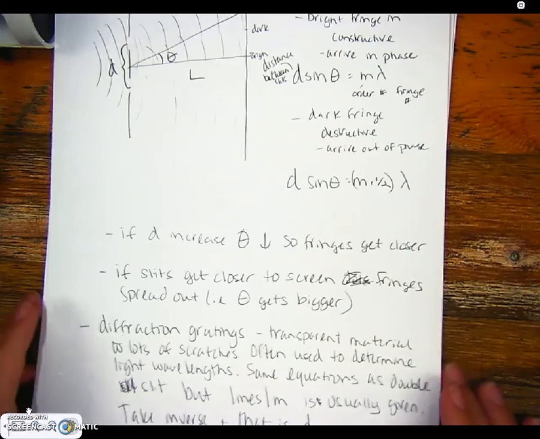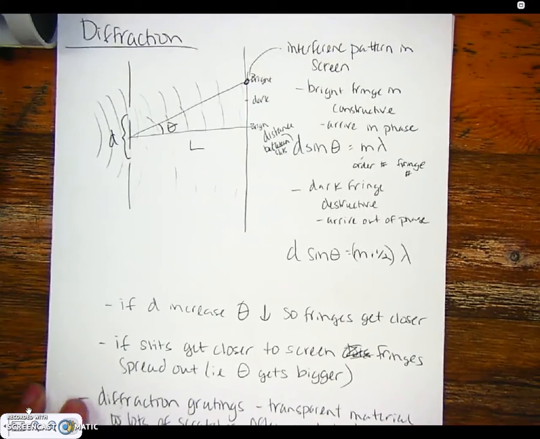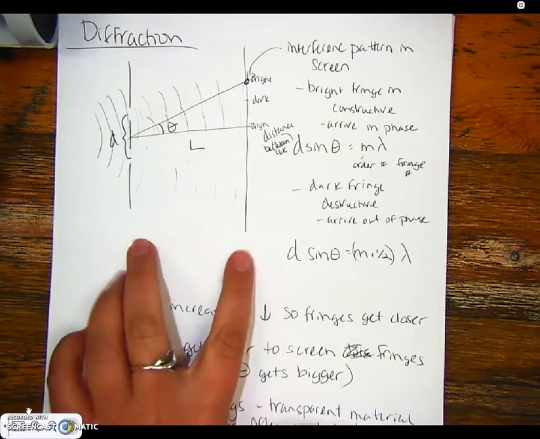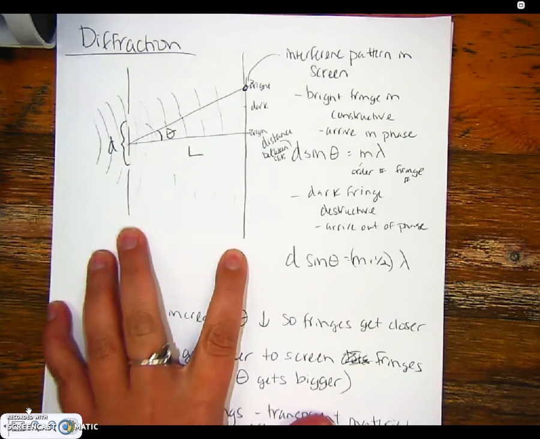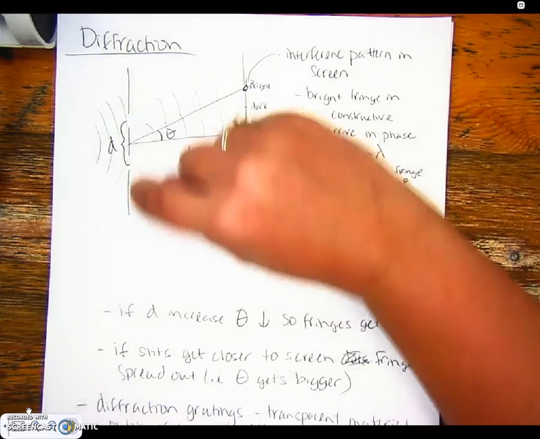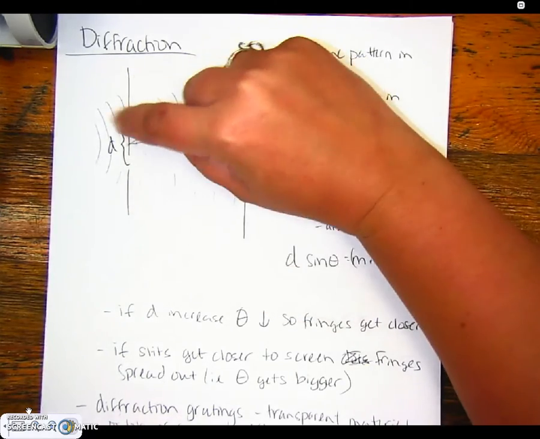Alright, so we ended the last video by talking about refraction, so now we're going to talk about diffraction. Refraction is when you bend when you go into a new medium. Diffraction is when you actually bend as you pass through boundaries. So we first looked at this by looking at Young's double slit experiment, which is basically a screen that has